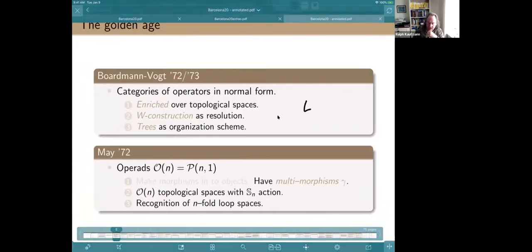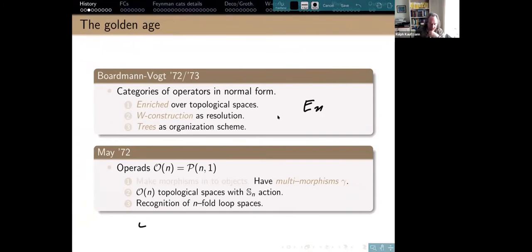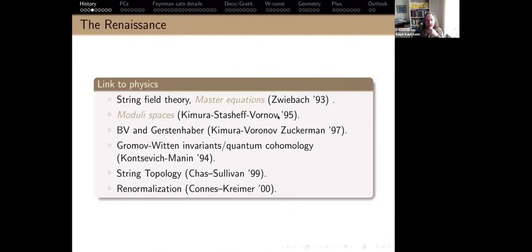So the point is that, very importantly, you have the EN recognition and you have EN operads here, which do this recognition for you. All right, then there was a conference volume called The Renaissance of Operads. This is also why I have a golden classical age. The other ones I made up, but this is in the history books. So this was the Renaissance.